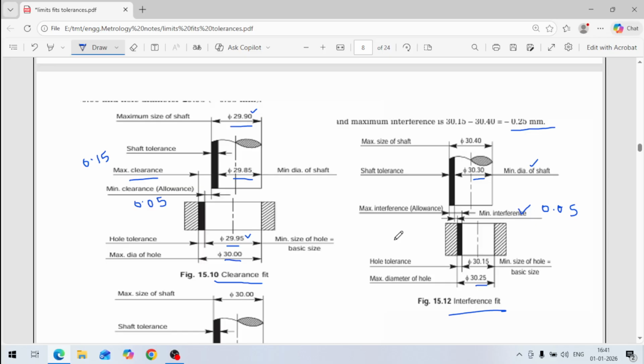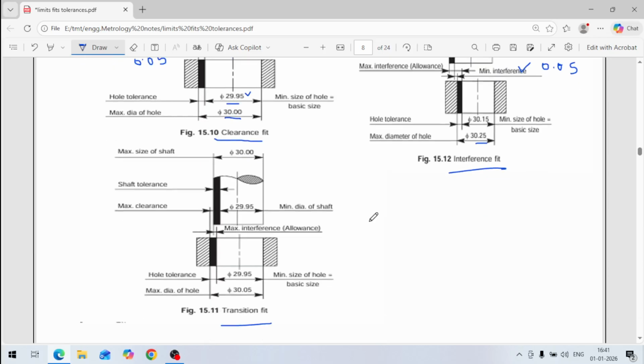But sometimes this type of fitting is needed, particularly in CNC milling, adapter and cutter. They should have some interference when it is a shrink fit. When the cutter is there, this type of fitting is required, for example. Okay,